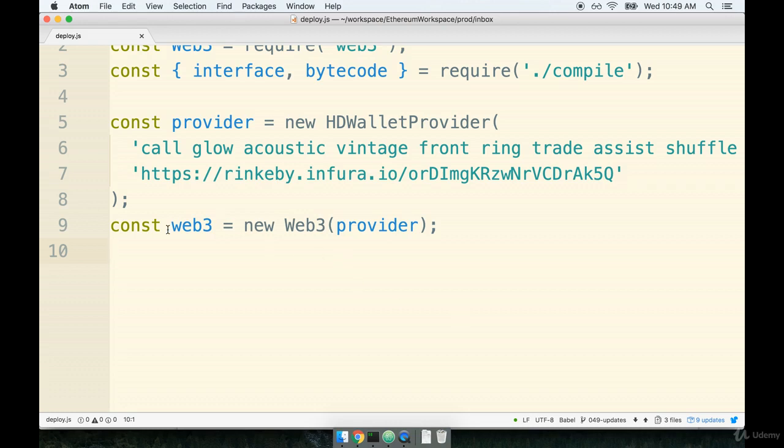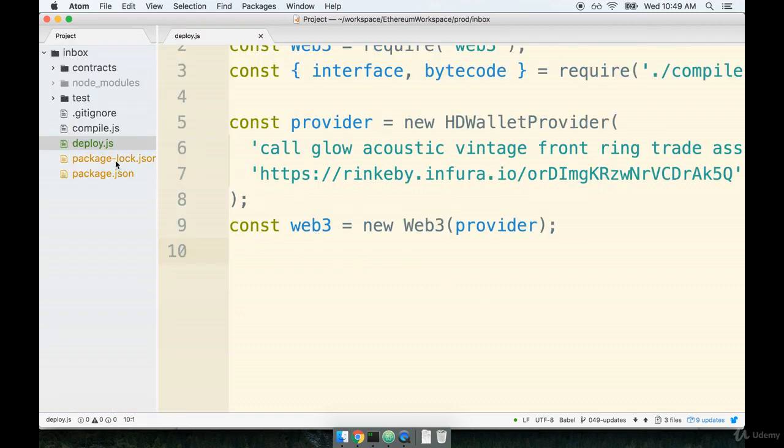In the last video, we set up our Web3 instance along with the HD wallet provider. Now we're on to our very last step, which is to use this instance to actually deploy our contract. Now, the first thing I want to talk about regarding deployment of the contract is that our code is going